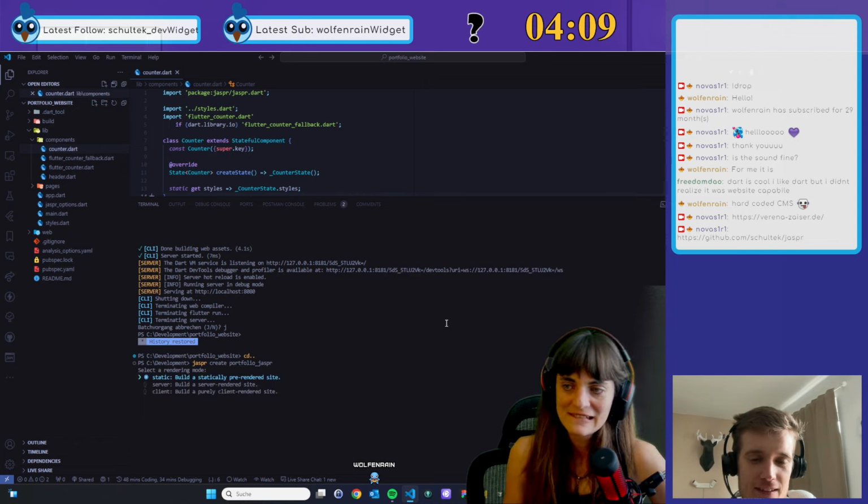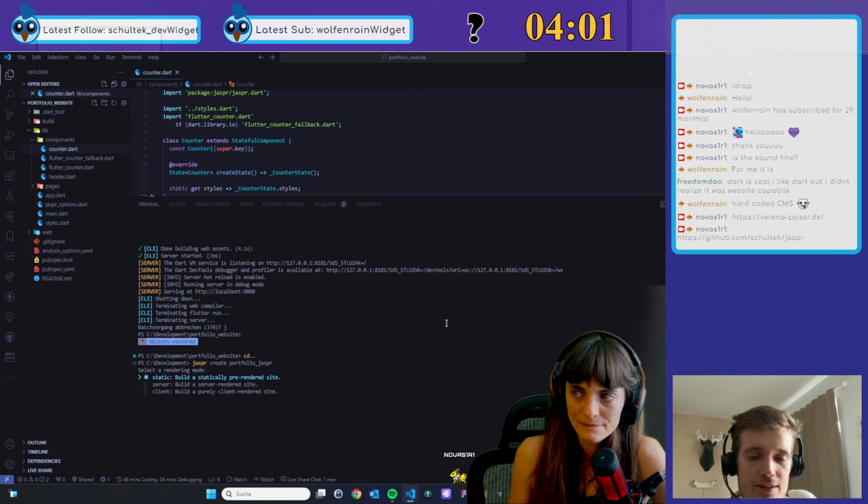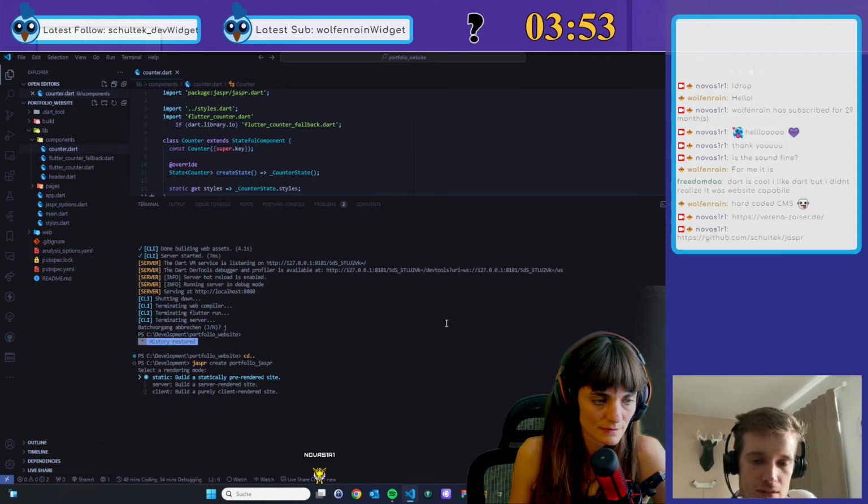So the first thing is rendering mode, which defines how your project is set up. We have the option between static, which is kind of static site generation, server, which is server-side rendering, and client, which is a purely client-side site.